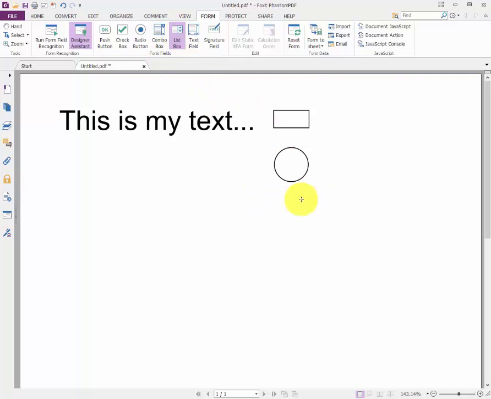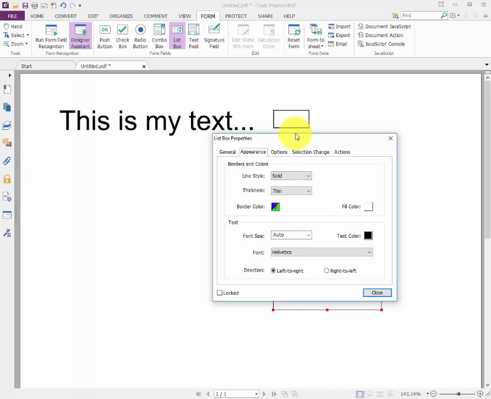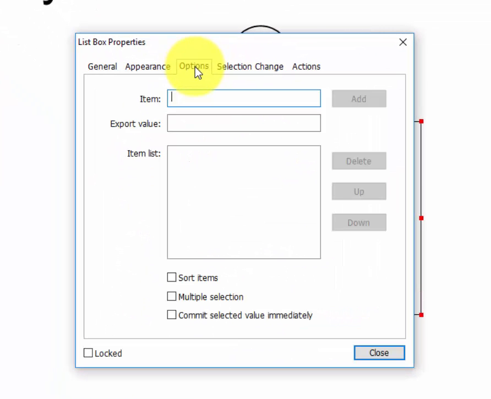Next, we're going to use a list box, and say in this case you have multiple options. Say it was a question, maybe what district are you from? And you could right click here, go into properties, and when you click on the options tab, let's say you are given the option here